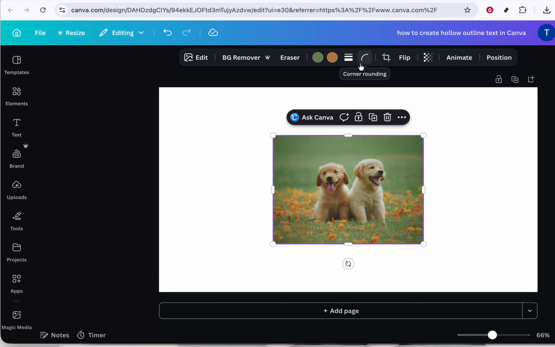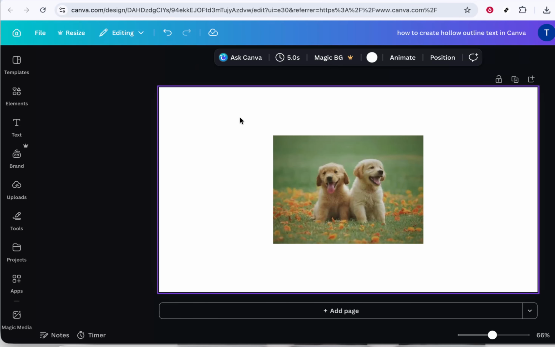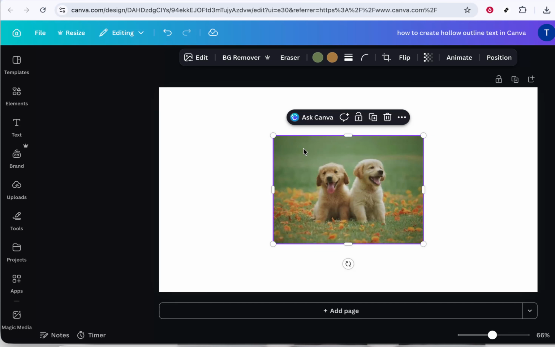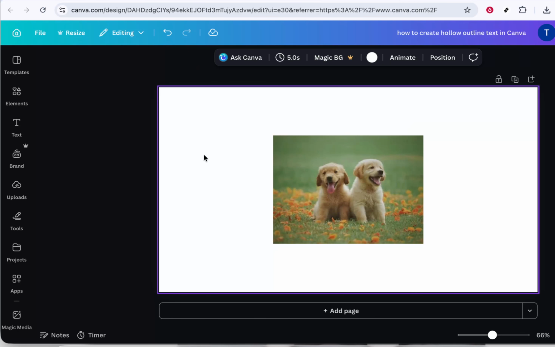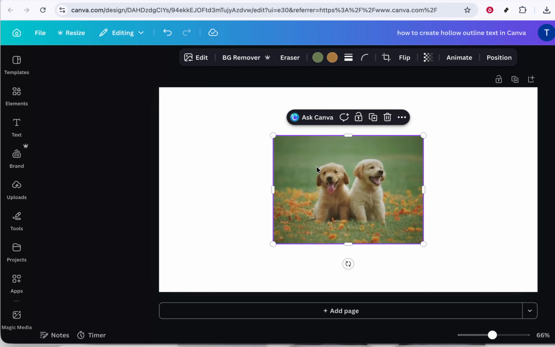Take a second to look at how the flipped image fits into your design. Sometimes a simple horizontal flip can make your layout feel more balanced or help direct the viewer's eye toward your text or main message. If you don't like how it looks, you can always undo the change using the undo button at the top, or just repeat the same steps to flip it back. And that's all there is to it. By selecting your image,